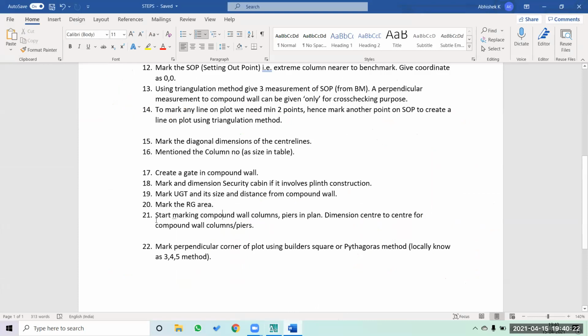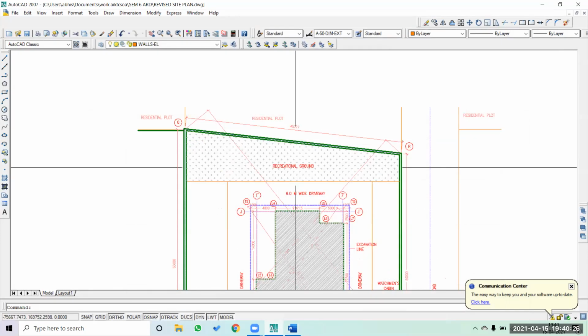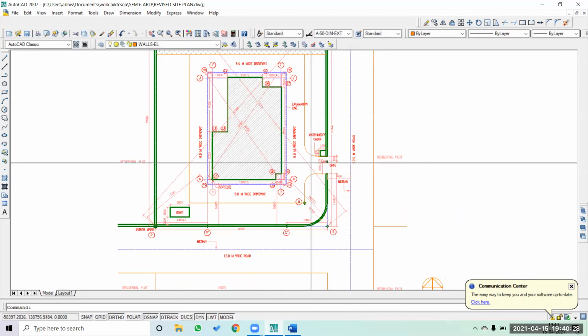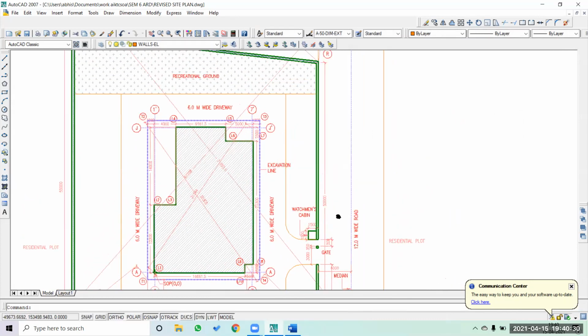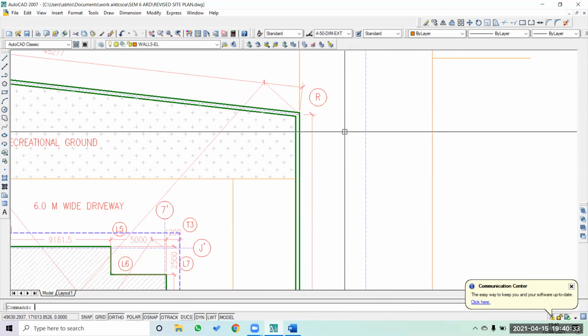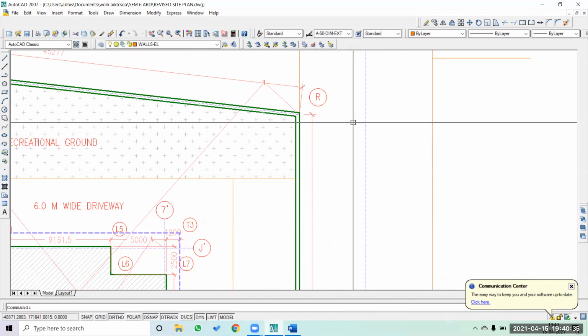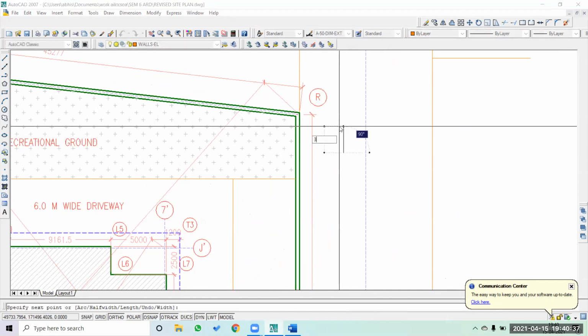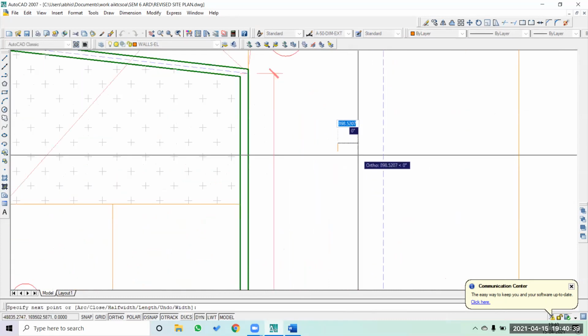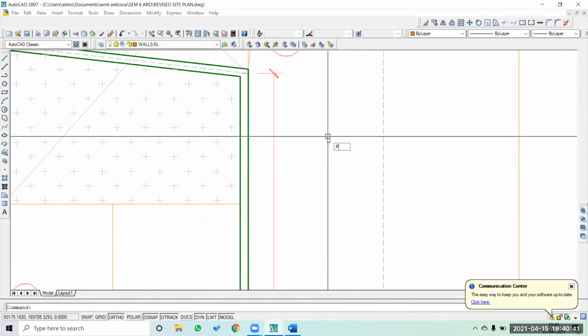After that, what you have to do is start marking the compound wall columns and piers in plan. So that will take some time for you guys to understand what should be the distance between the two piers. So first of all, you make a pier of, let's say, 350. In my case it's workable, or let's say let's make a load bearing pier.